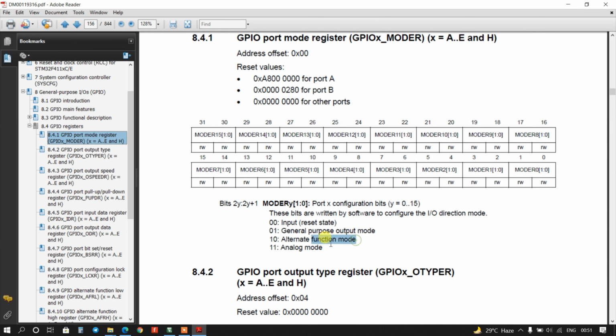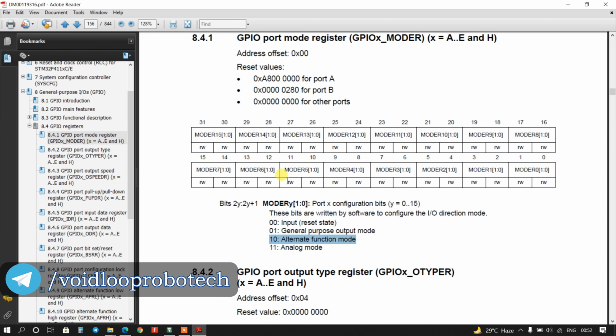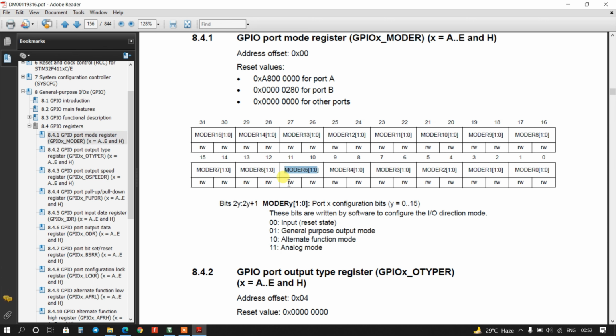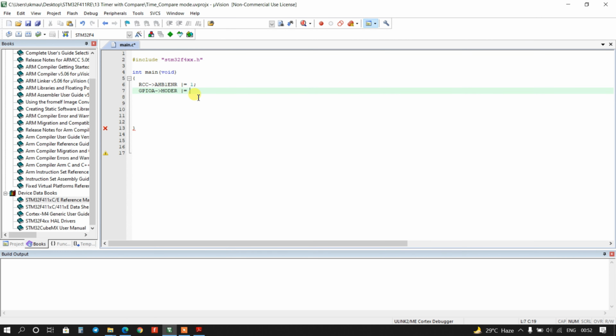I am going to use alternate function mode here. So it is the PA5 pin, and for PA5 it will be 1 0. It means the 11th bit will be set. It is 1 left shifted by 11.